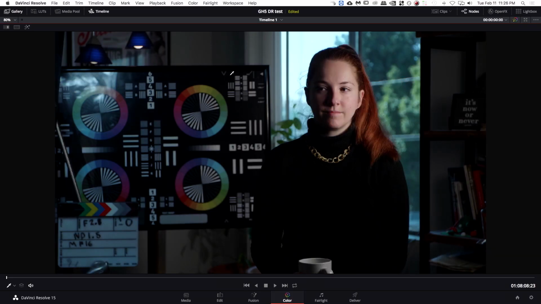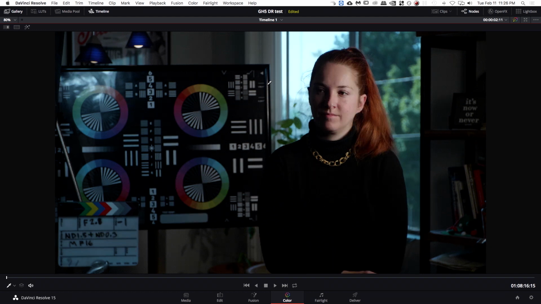Here is the properly exposed image again. And we're back to the key side of the face at 0 with the ND in it. Colors look pretty good. The sky came back. We see all of the information in the highlights in the background. And moving on. So here is 1 stop under. And they look pretty similar. As far as the colors are concerned, I can't really notice much of a difference from the properly exposed image,